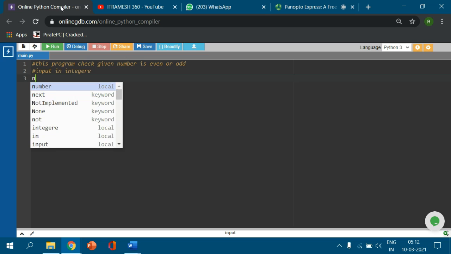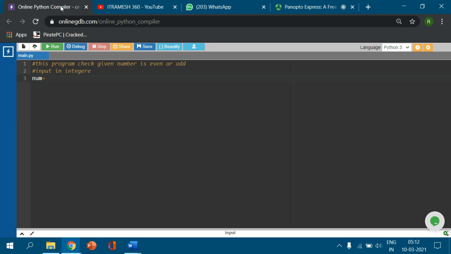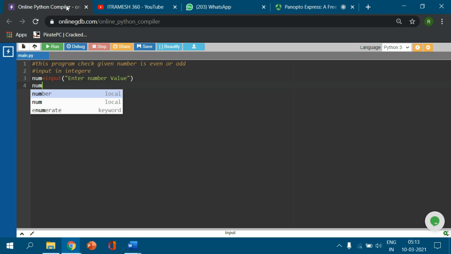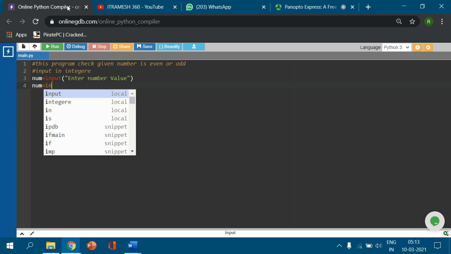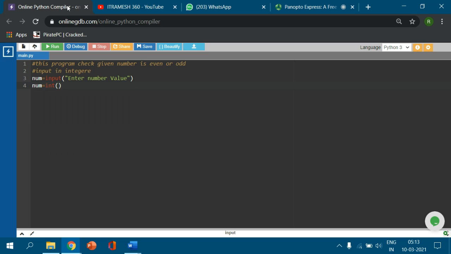So dear friends, I take the variable num, input, enter number value, right? Now we know that when we take the input from the keyboard, Python will consider it as a string, so I convert it using the type conversion function int into an integer.